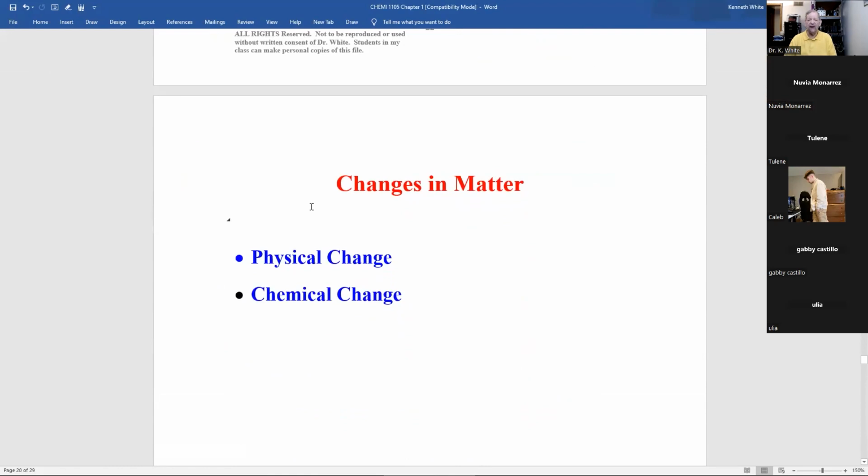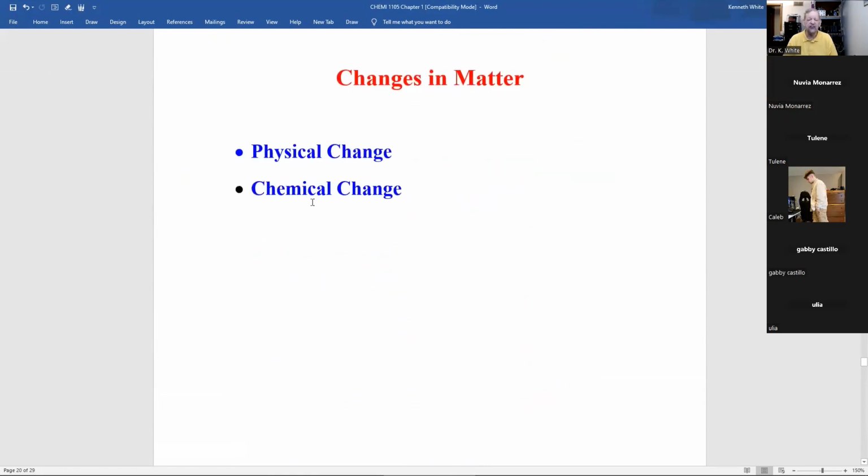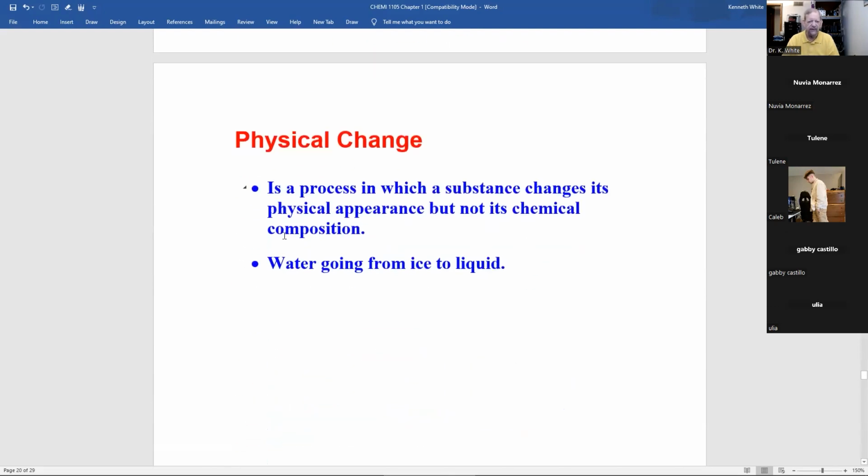Now, when we talk about matter, you can have changes in matter. And there are two types of changes, just like chemical and physical properties. There's a physical change and a chemical change. Now, physical change is a process in which a substance changes its physical appearance, but not its chemical composition. An example